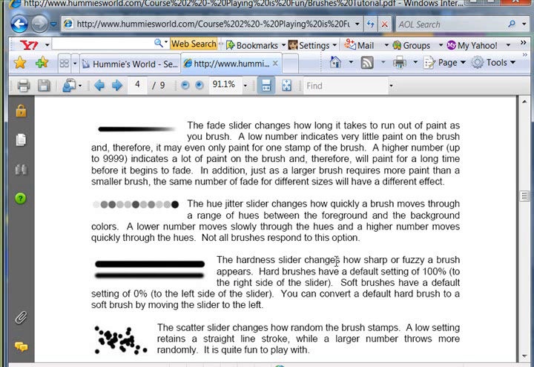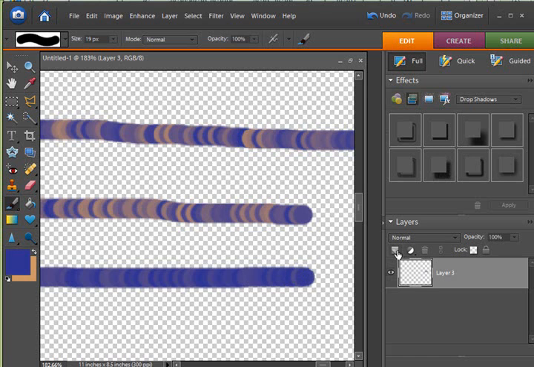The hardness slider changes how sharp or fuzzy a brush is. Now this is where you can actually take a hard brush and change it into a soft brush. Hard brushes have a setting of 100, and soft brushes can have a setting all the way down to 0. Let's make a new layer,